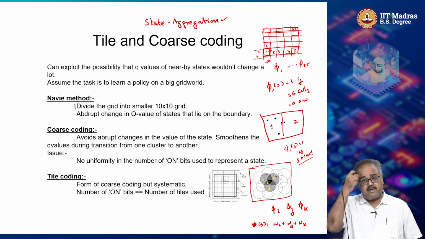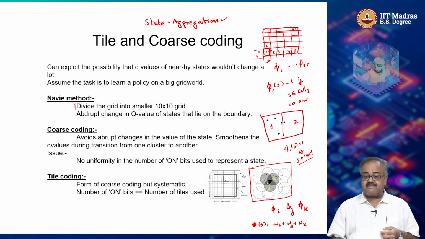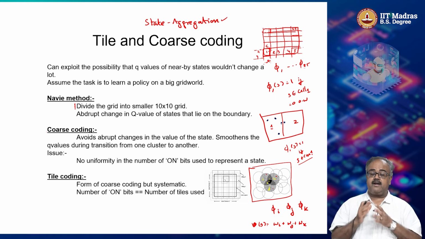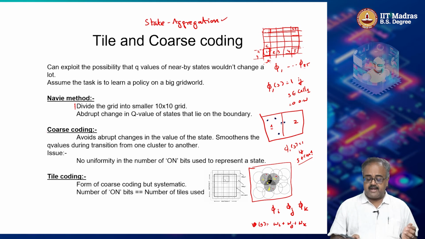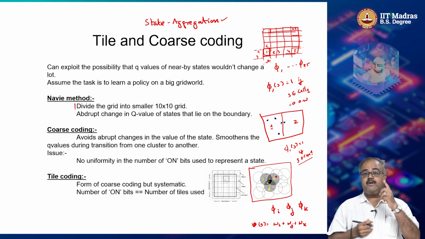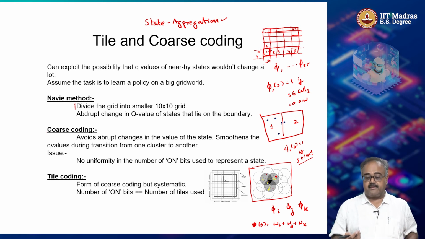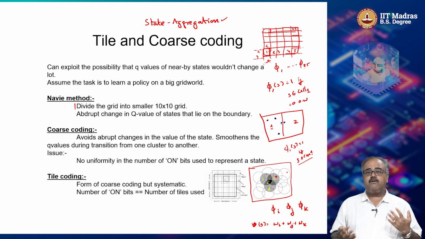The problem with this kind of coarse coding is that, for example, in state X that we were looking at so far, there are 3 phis that will be 1, but for state Y out here there will be only 2 phis that turn on, not 3, and for some state out here there will be just 1 phi that turns on, not 3. So the number of